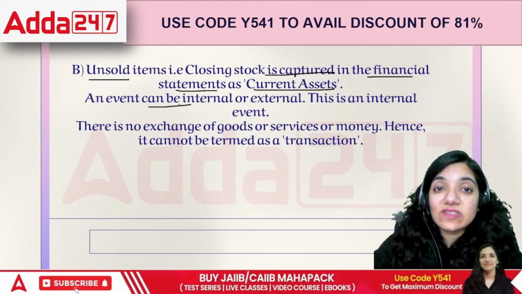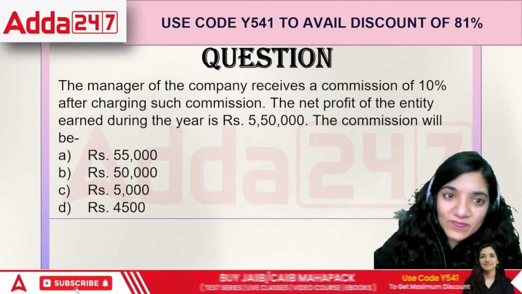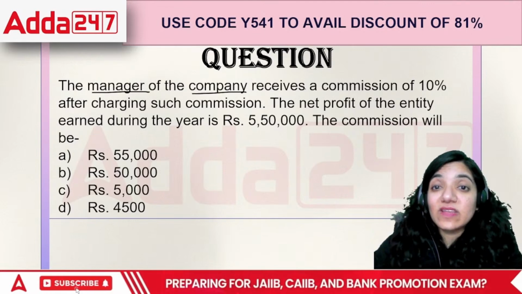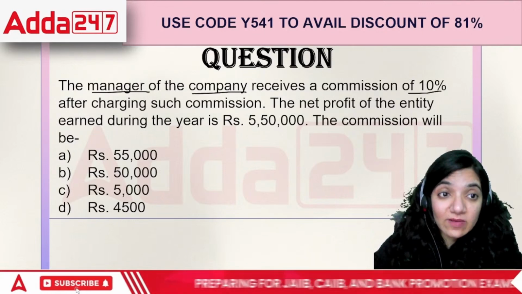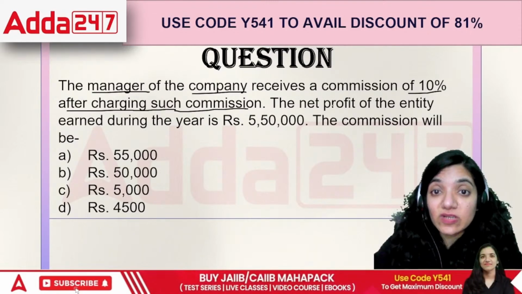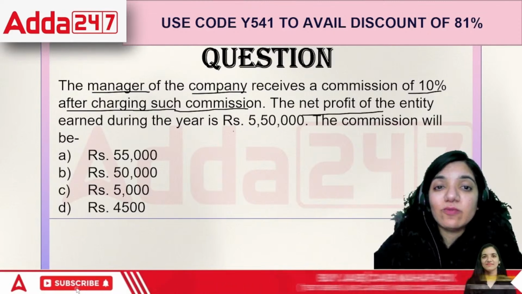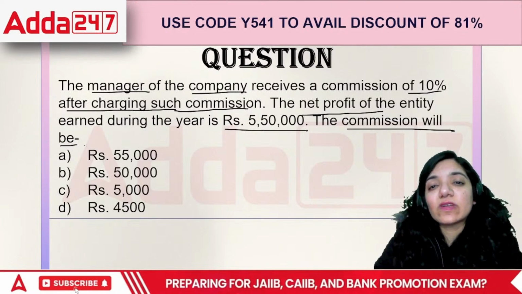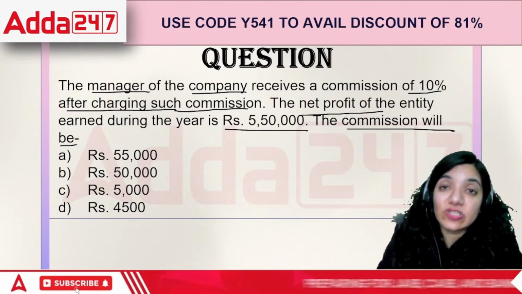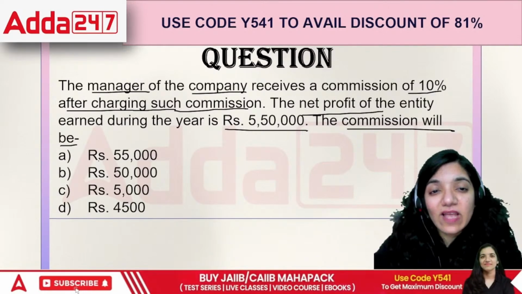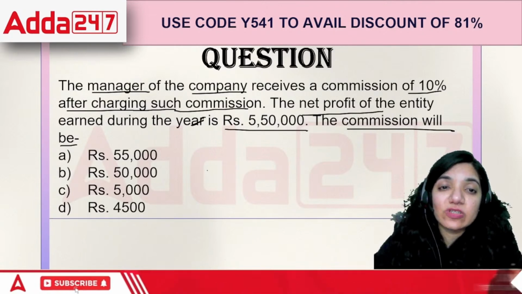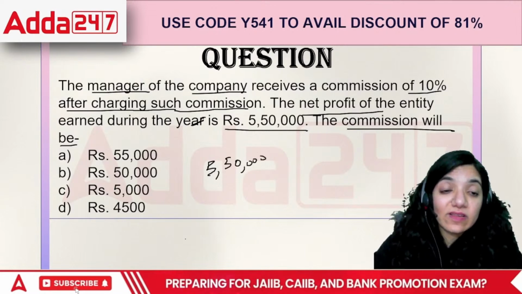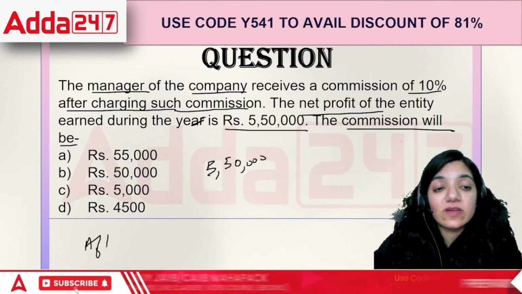An event can be internal or external. Next question, everyone. The manager of the company receives a commission of 10% after charging such commission. The net profit of the entity was 5,50,000. What will the commission be? They are saying the manager receives a commission after charging. That means this 5,50,000 includes the commission. So if it includes the commission, the best way is whenever the question says after charging,